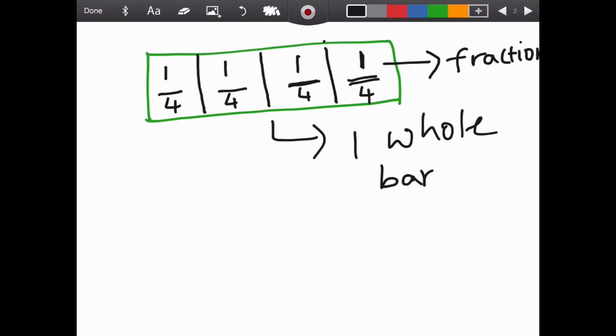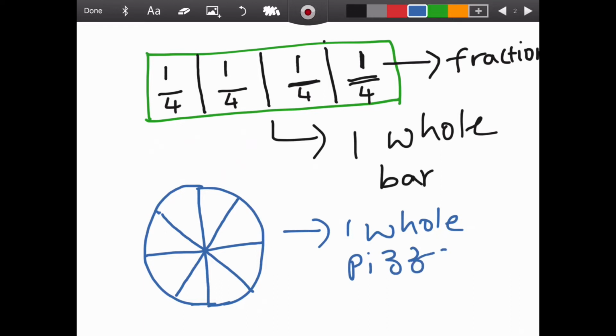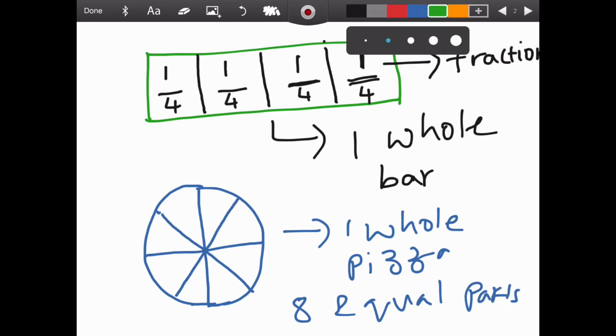Okay, let's take another example. I ordered pizza over the weekend and the pizza guy delivered the pizza, and as you all know, whenever they deliver pizza, it is divided into 8 equal parts, isn't it? So one whole pizza has been divided into 8 equal parts. Now we were only 2 people in the house, so what I did was